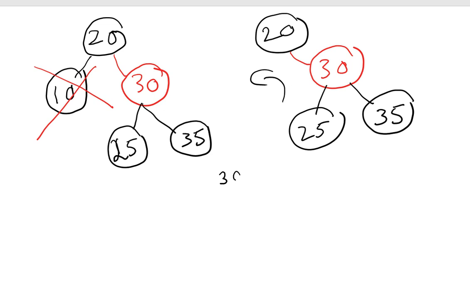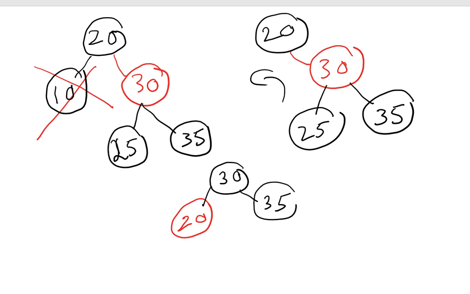If you perform rotations, what will happen? 30 will be the root, we will make it a black node, and the left node will be 20, we will make it a red node, and 35 will be here, and then we will make 25 here.